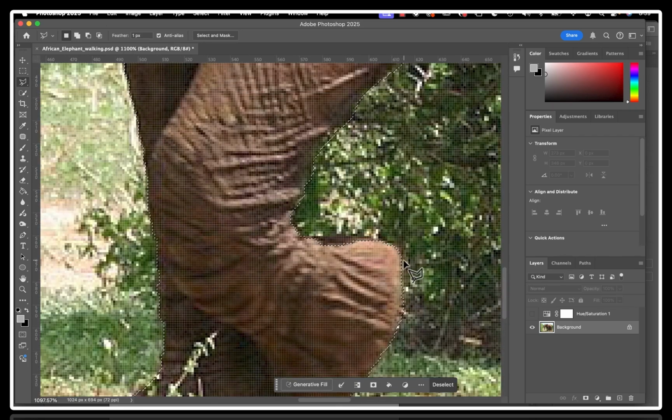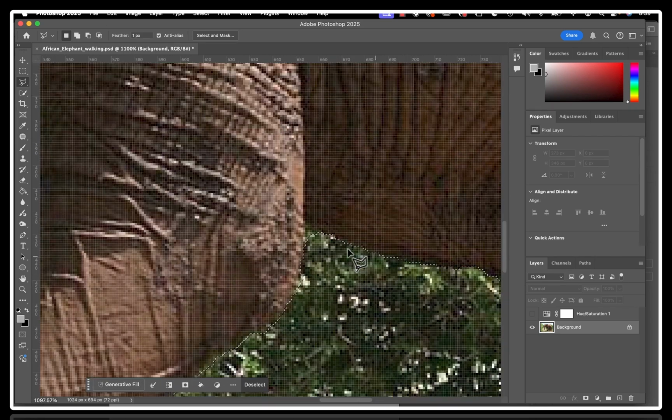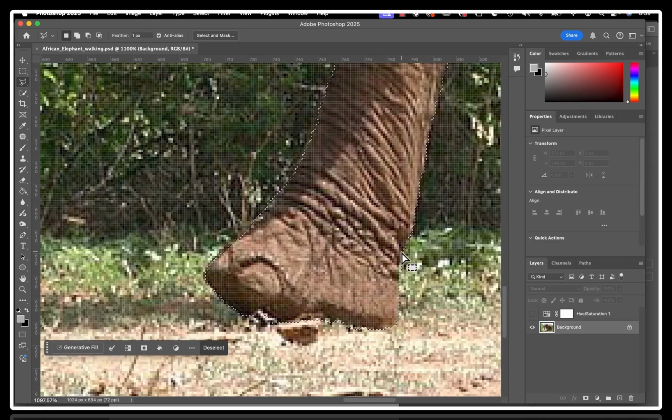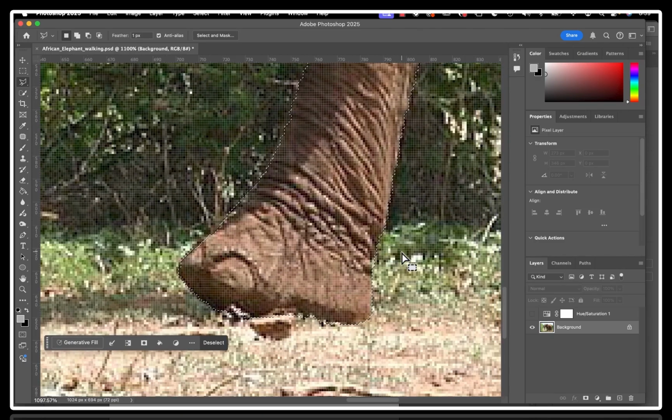And I think this might actually do it. I'm not being super careful, and I'll explain why in just a minute, because we're going to go into mask mode and we're going to smooth this out. If you're wondering about it having a lot of edges and stuff,